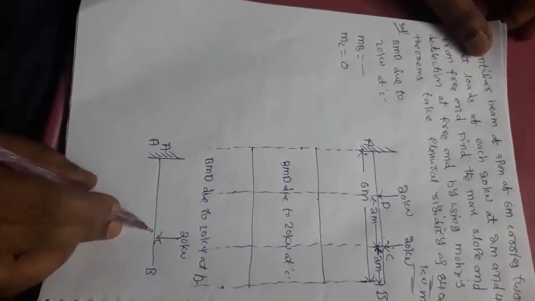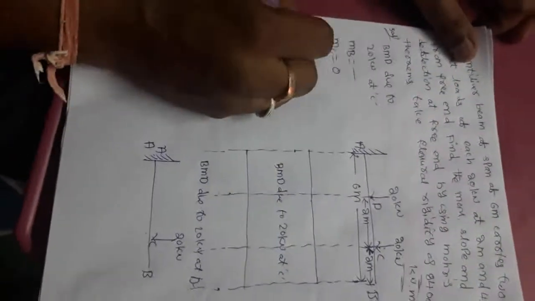So for the bending moment diagram, the solution is bending moment due to 20 kilonewtons at C. For the above question, you can assume a drawing like this: A, and this is C, this is the load of 20 kilonewtons, this is B and this is A. Okay, at the first point there are no loads, so moment at C equals 0, and then the moment at A.